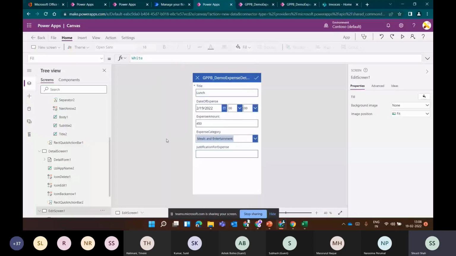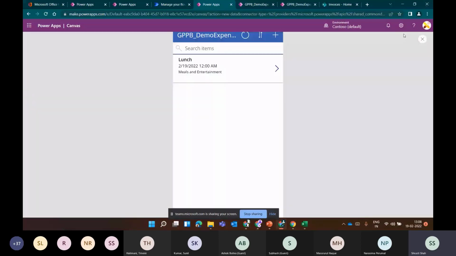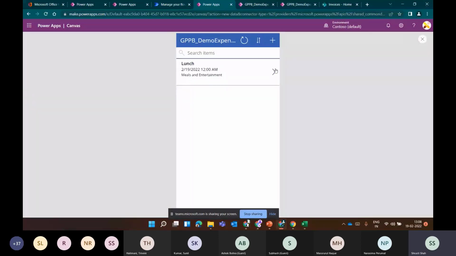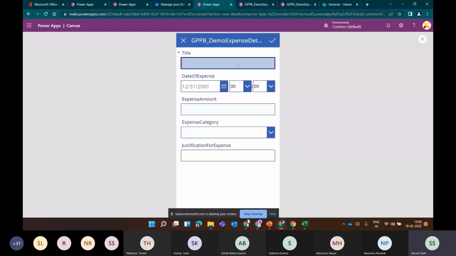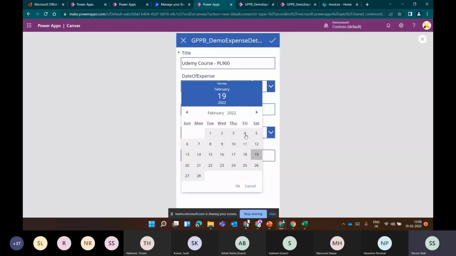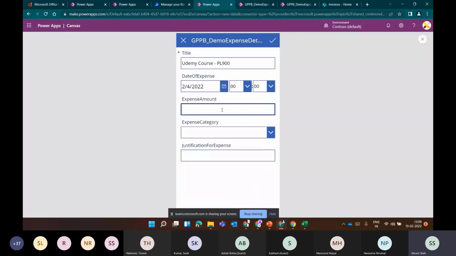Woohoo. So yeah, let's just come to the browse screen and quickly play the application. Now, when I go ahead and view the details, I can see all the details of that expense. Also, I can add another new expense. So let's just quickly create Udemy course. I just did for probably say PL 900, and I did it somewhere around Feb 4, just fine with the